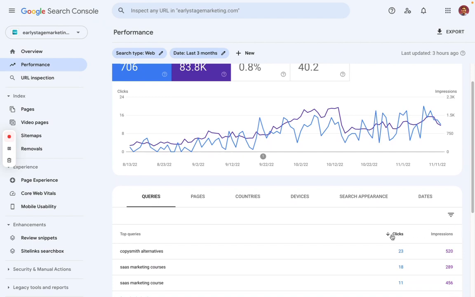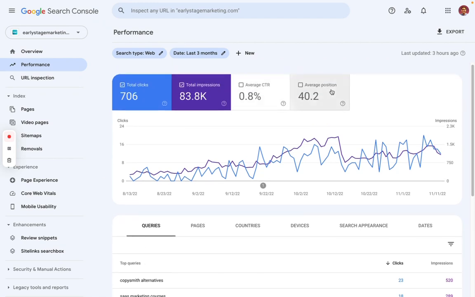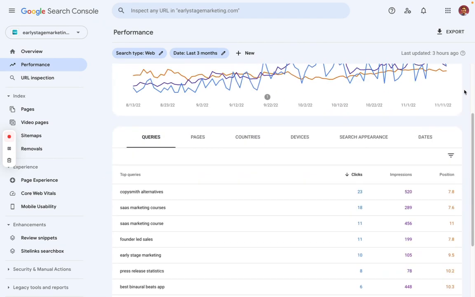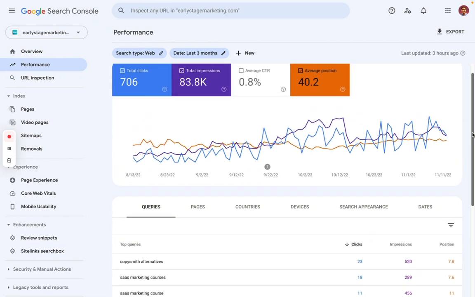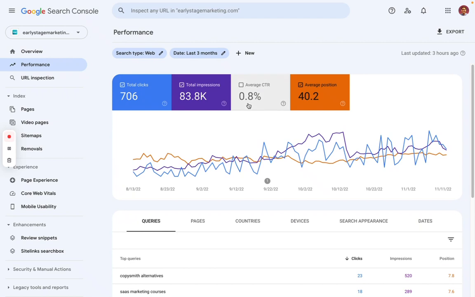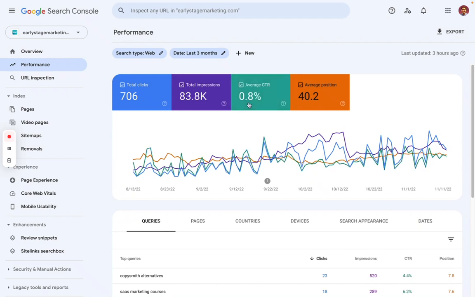So, Google, by default shows you the clicks and impressions for queries, right? But you can also see the average position. It's not very accurate, just FYI, but it's kind of like a leading indicator that you're doing fairly well on these keywords, right? And then it also shows you the CTR, which is a very, very interesting metric, because it shows you which